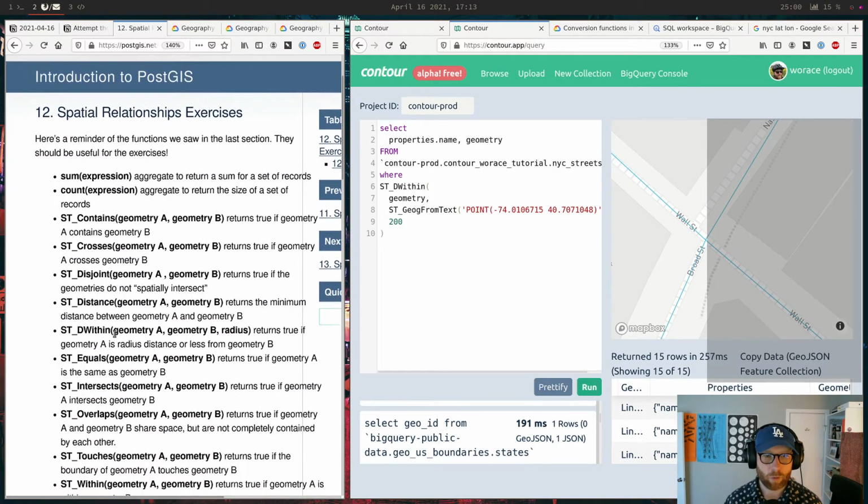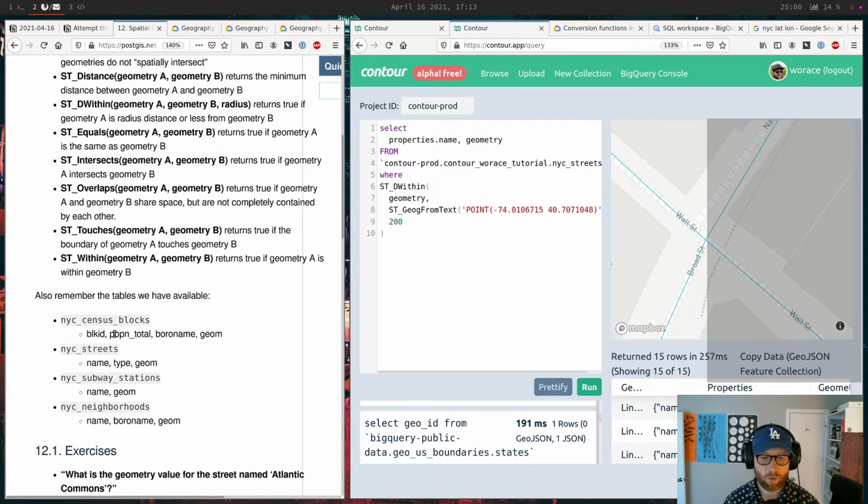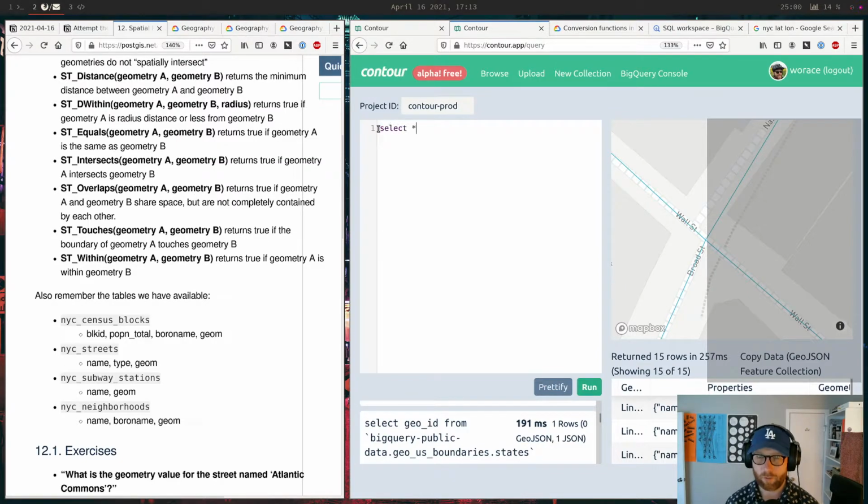Okay, so, exercises. What is the geometry value for the street named Atlantic Commons? Okay, well, whatever. I gotta figure out how to make this shorter.